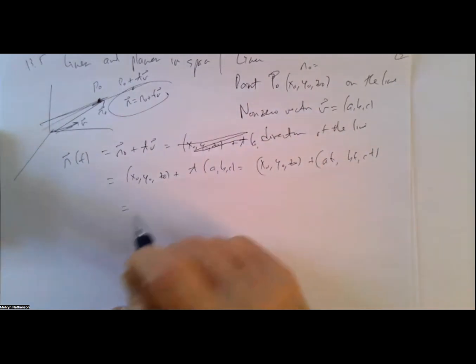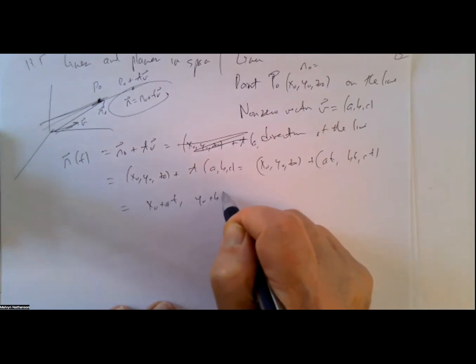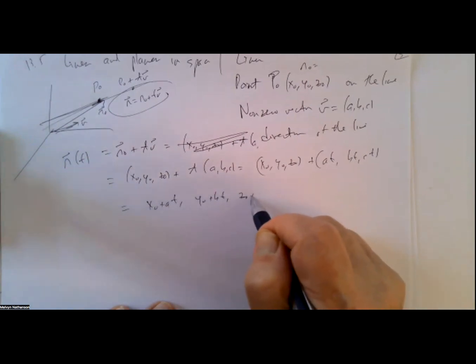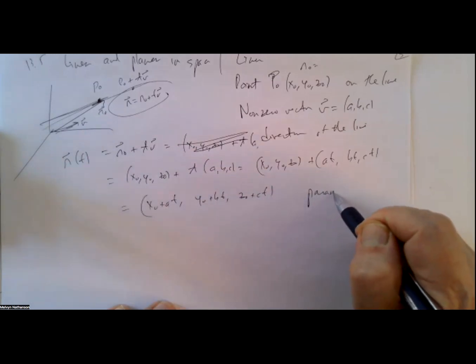When you add, this is x naught plus at, y naught plus bt, z naught plus ct. So we get what are called the parametric